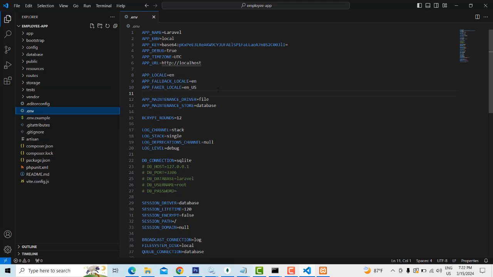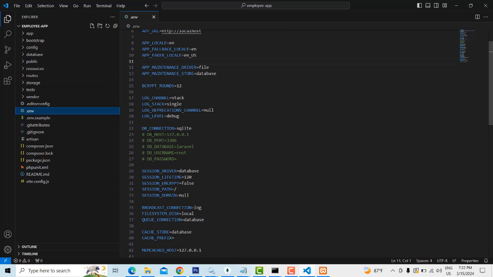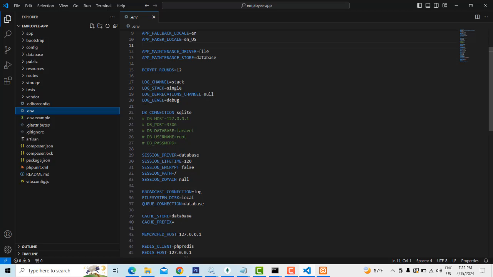Here is all the database configuration part. So you can see here the default connection in Laravel 11 is SQLite by default, right? Now if you want to change it to MySQL, so here on your